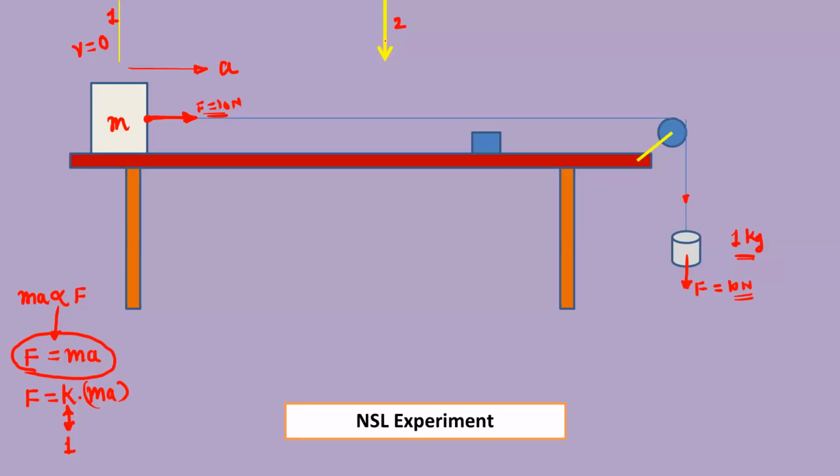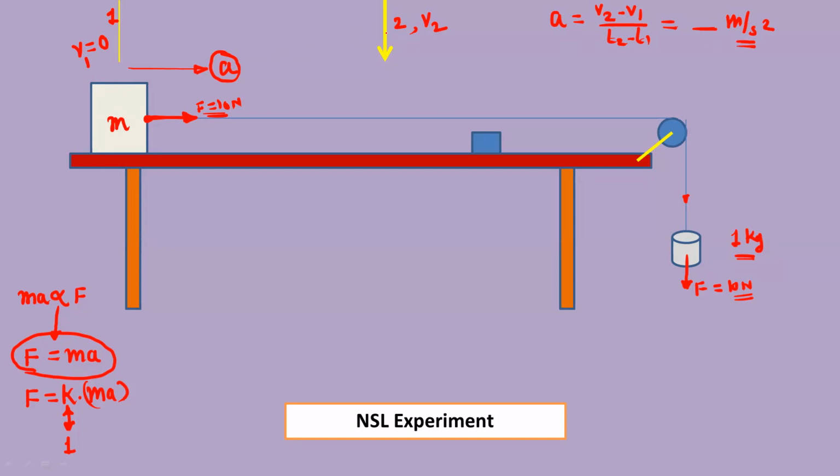So this sensor will directly give the value at this point. We will take this value as V2, and we can take this V1. This acceleration we can find out by this equation: V2 minus V1 upon T2 minus T1. The initial time is 0. We just have to record the time from point 1 up to point 2, and then we will get some value of acceleration in meter per second square.